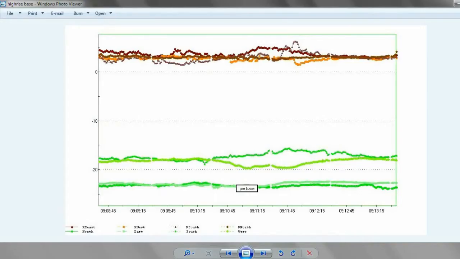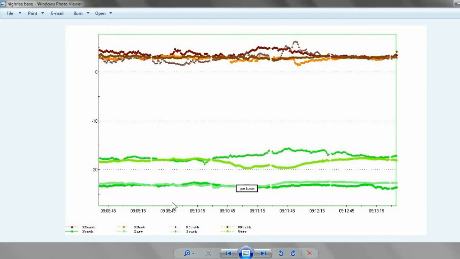Next, I'm going to show a 5-minute baseline period that was taken during a big building test, and this was an 11-story building. It was actually 8 stories on the front, and it had a sloping grade, and the grade dropped 3 stories over the length of the building. And we measured